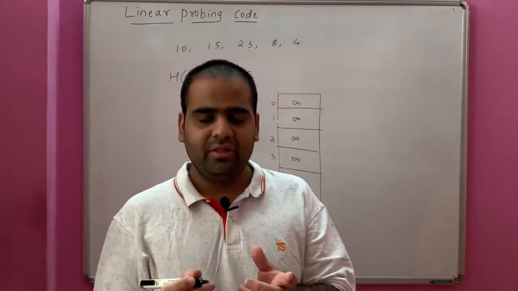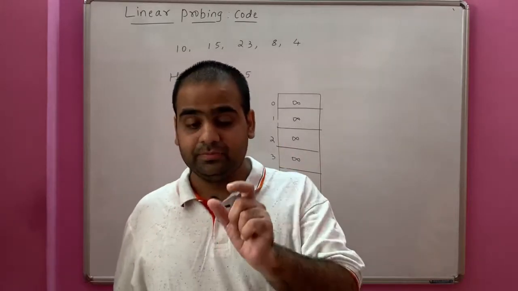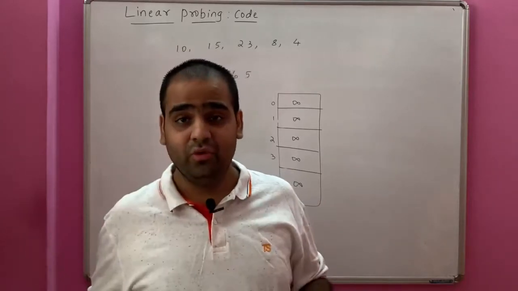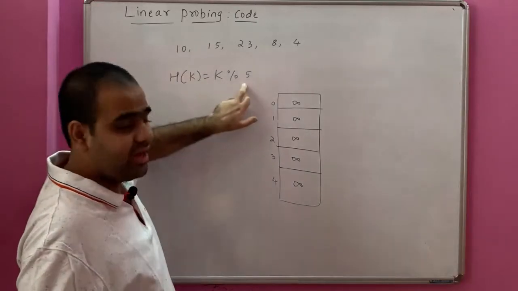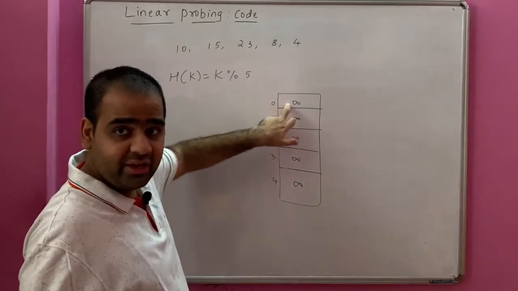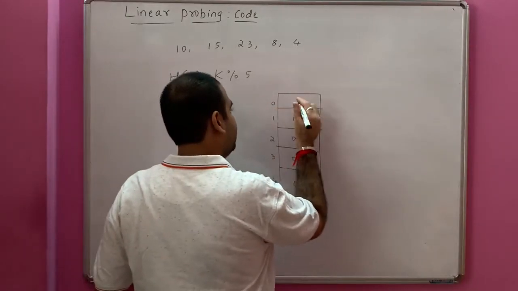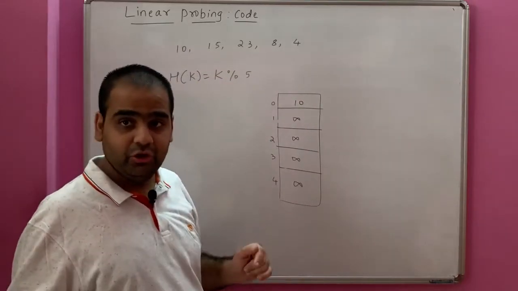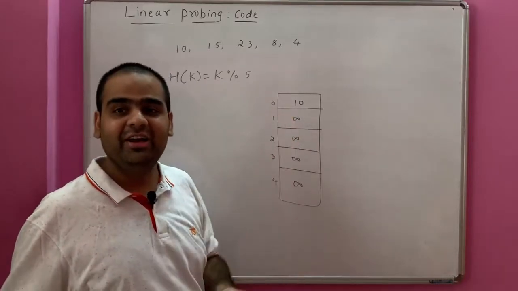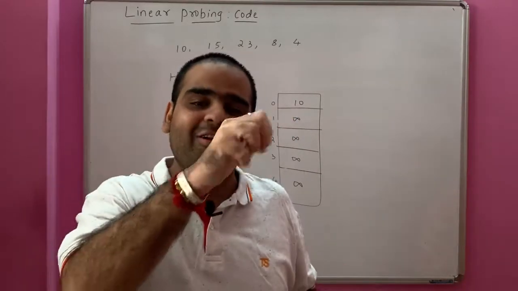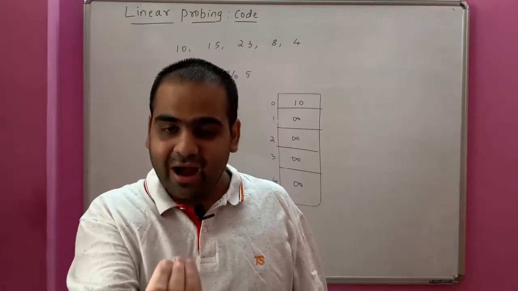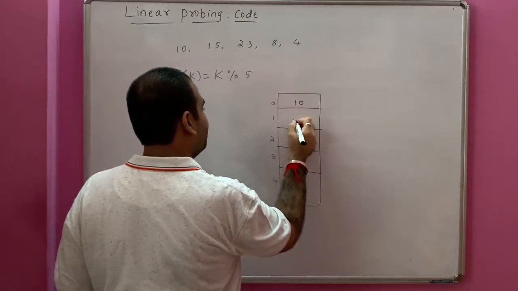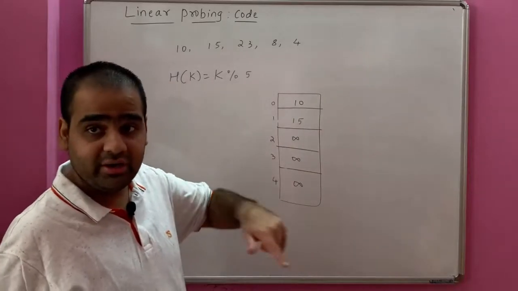If the cell at the index is infinity, it means that location is empty and you can place some value over there. Now 10 modulo 5 is 0. At index 0 do we have infinity? Yes, that means it is empty. You can replace this with 10. Now 15 modulo 5 is 0. Is index 0 infinity? It's not infinity. That means some other element is already present and this is a case of collision. You have to go to the next index. At index 1 you add 15, because it's empty.